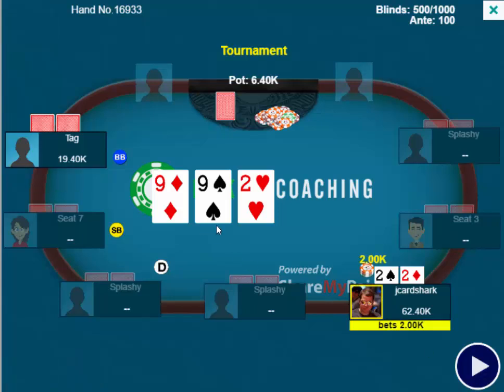It comes 9-9-2, and our opponent checks. We have a full house. So what you want to ask yourself here is, if we check behind on the flop to slow play, can we very easily get money in, get our entire stack in, our opponent's entire stack at least in, on the turn or the river? And I don't know the answer to that, because notice on the turn, if he checks